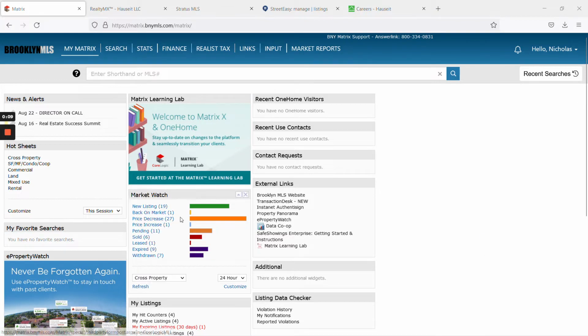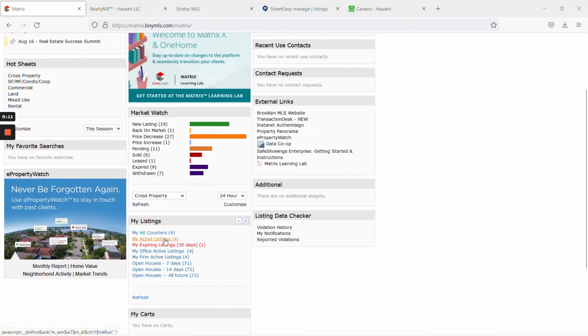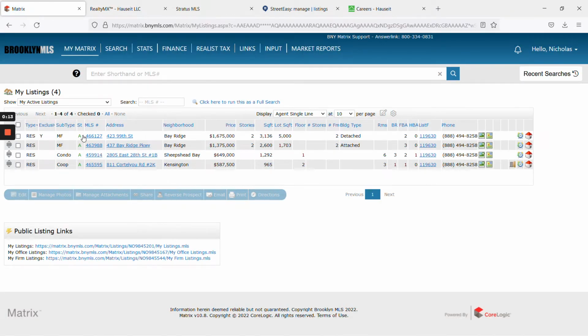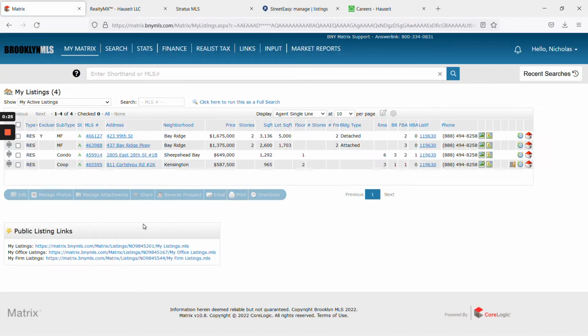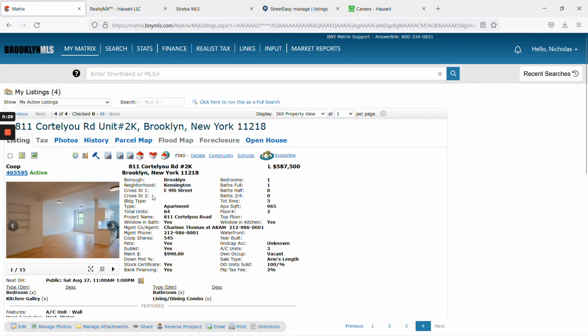First of all, log in and then go down to my listings, my active listings. Of course, if you're looking for something that is not active and it was in contract, you can also see the my contract listings here. We don't have any currently in contract, but you would see it in the same section. But anyway, go to my active listings as a shortcut, find the listing, click on the MLS number, and then